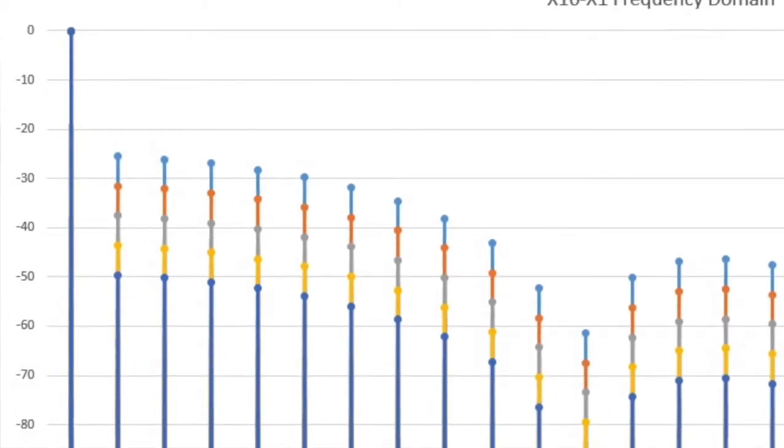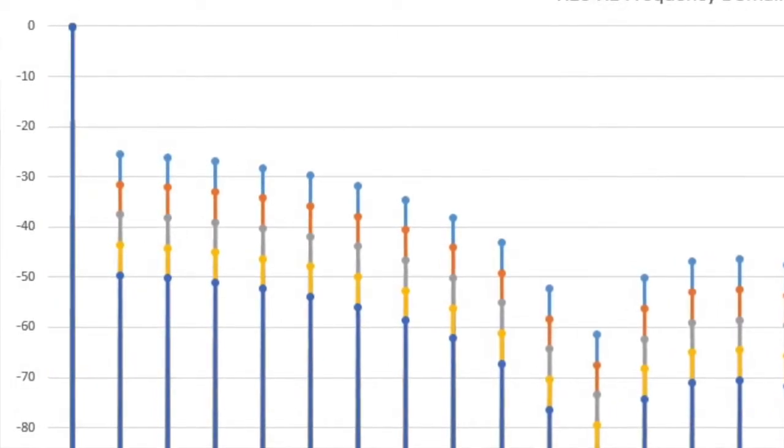I left the fundamental alone. I didn't change the amplitude of the fundamental. That would be counterproductive. But if I hold the fundamental the same, and I go in and change the harmonics without affecting the harmonic signature, the humpiness,